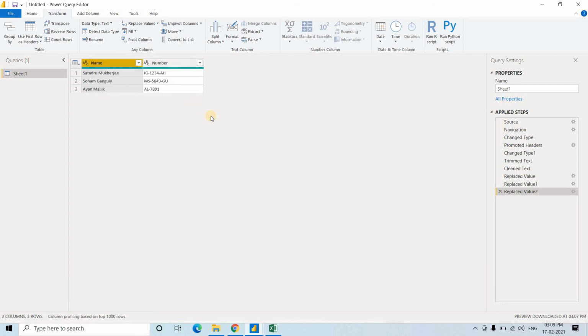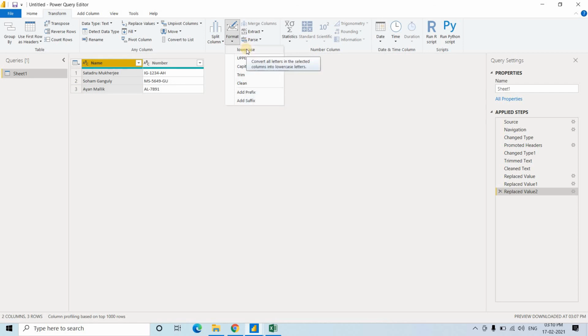So many things we have done actually in the pre-processing stage, in the data cleaning stage. We have removed the parentheses, we have removed the 4 spaces present between each first name and last name, right? We have removed the unnecessary spaces present at the beginning of the string. There were some strings in some cells having multiple rows, like Soham Ganguly. Soham was in the first part, Ganguly was in the second row, like that, the cell was taking the space. So we went to Format and cleaned that. Okay, so I hope the trim and clean concept is clear to you.